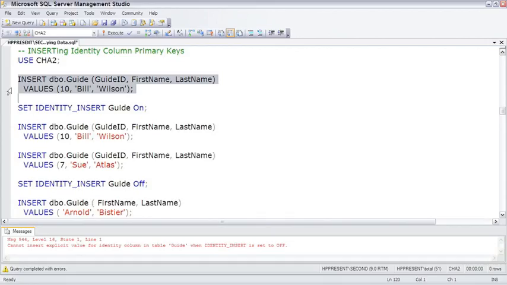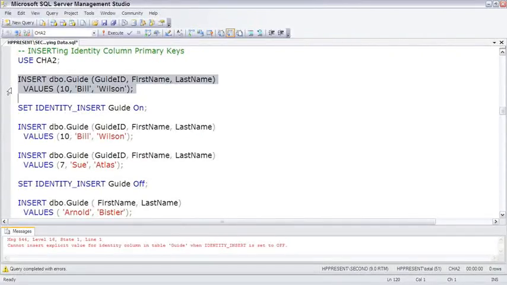We cannot insert a value if there's an identity column, because SQL Server wants to generate that value all by itself. Sometimes this is a problem if you need to copy data from one table to another table. You want to populate a database with data from an ETL, extract, transform, load process. Sometimes you need to temporarily turn off that identity column so that you can insert into it and maintain those values